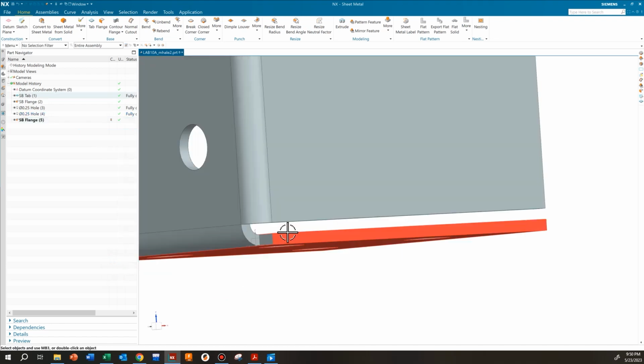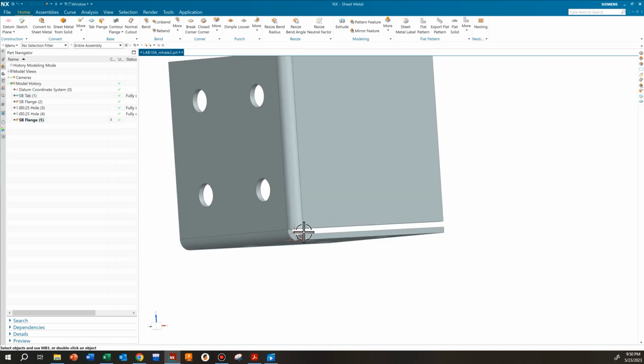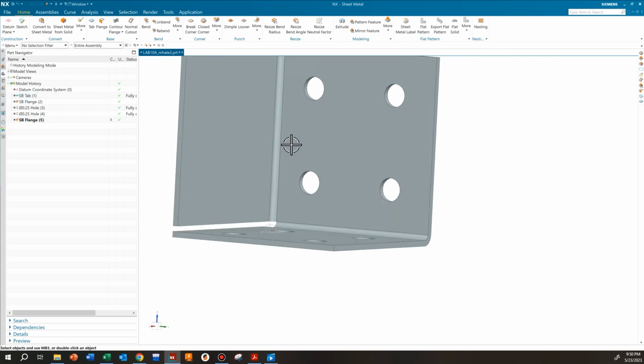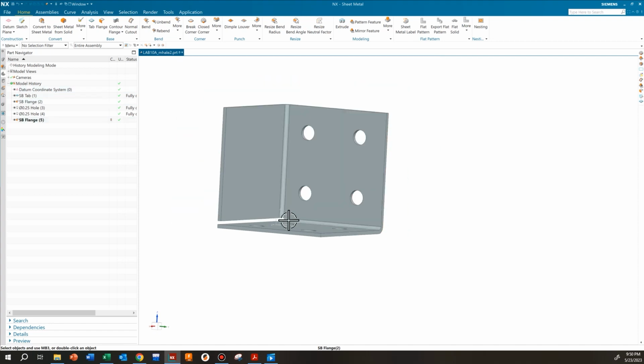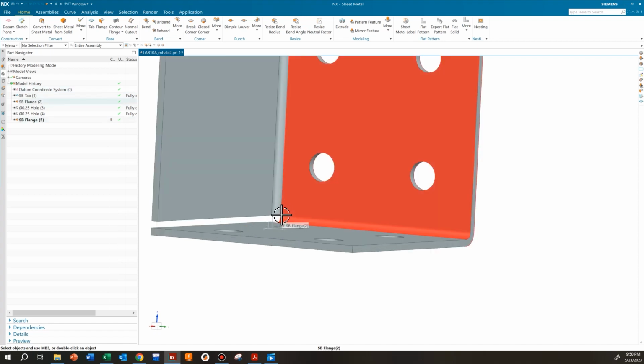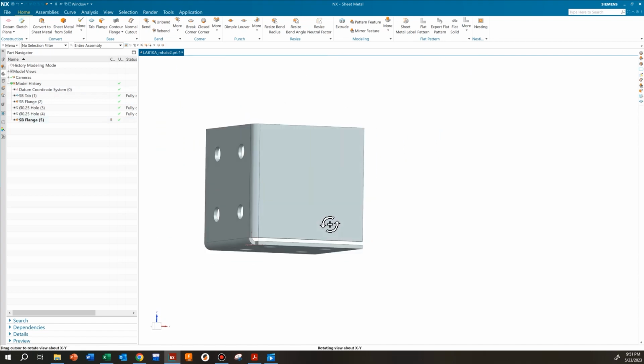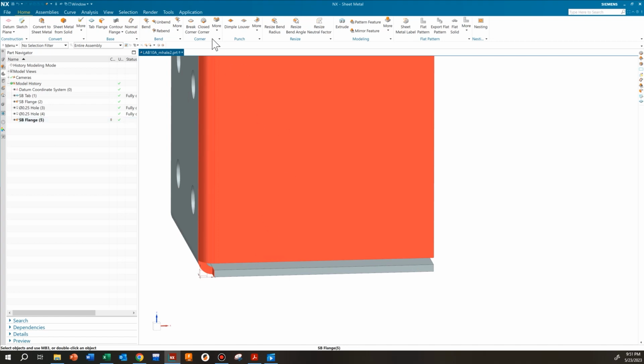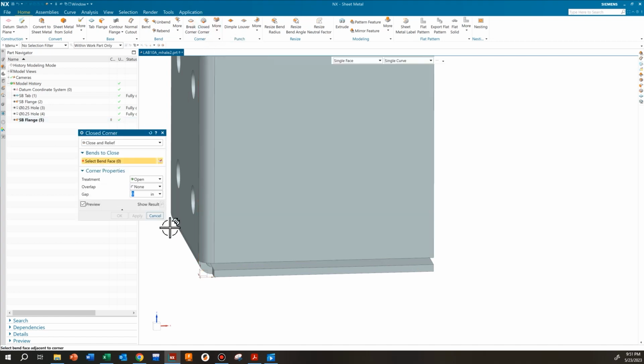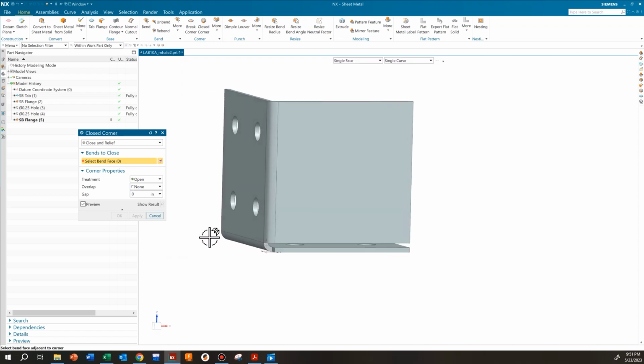And I don't like how we have this gap down here. There's not really a good transition here because all we've done is we've just taken this line and curved it. So the line ends right there because of the bend. But we can create a corner. So if we come up here to closed corner, close and relief,